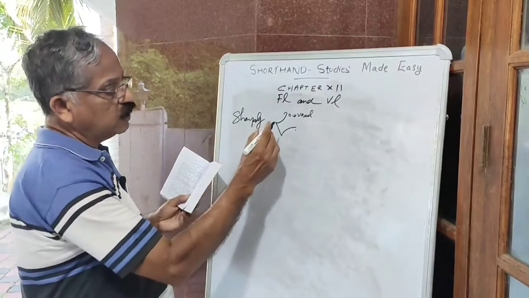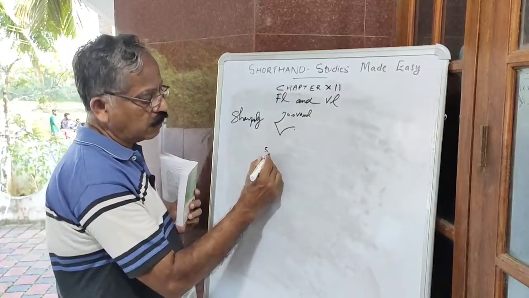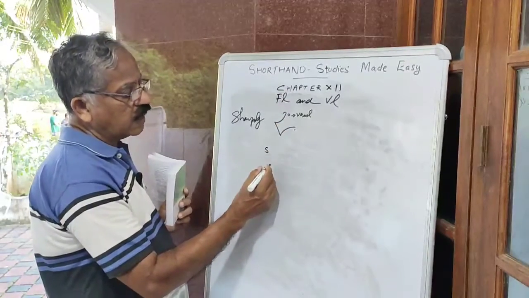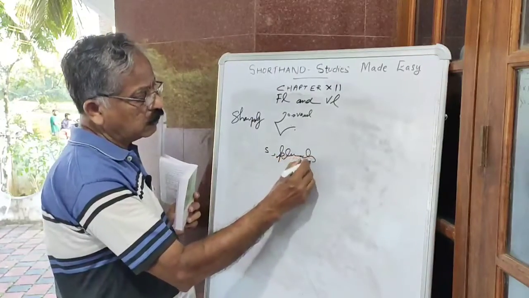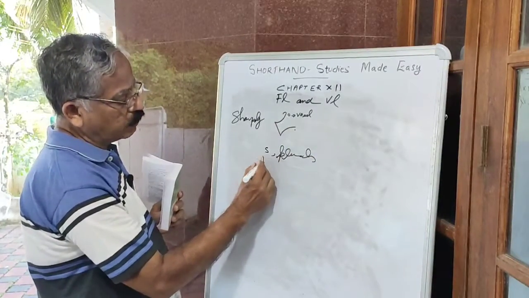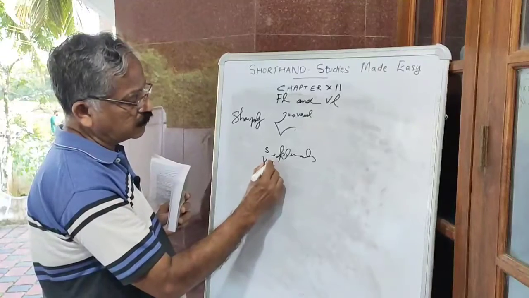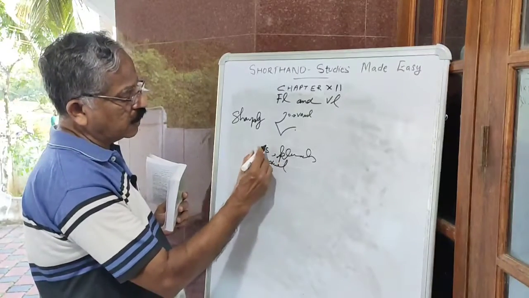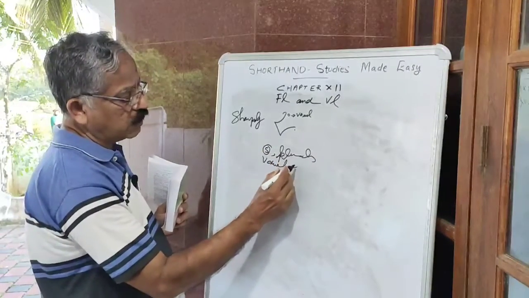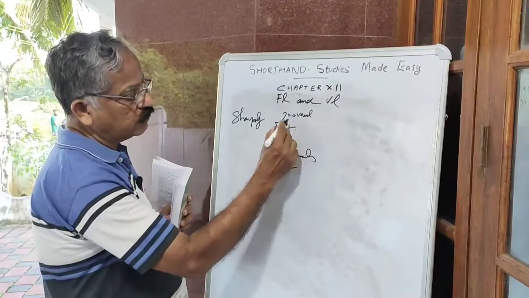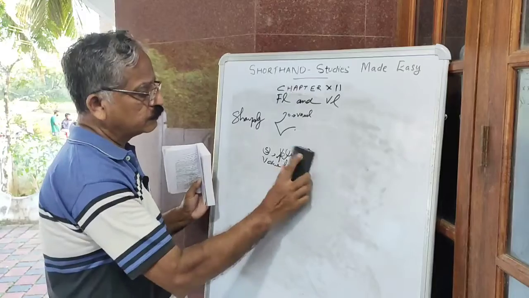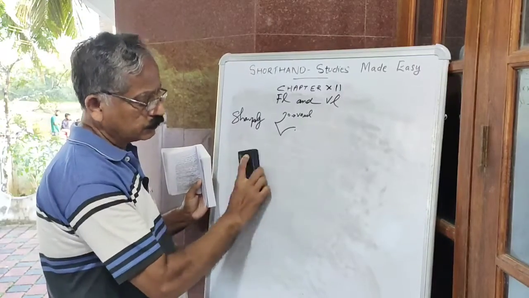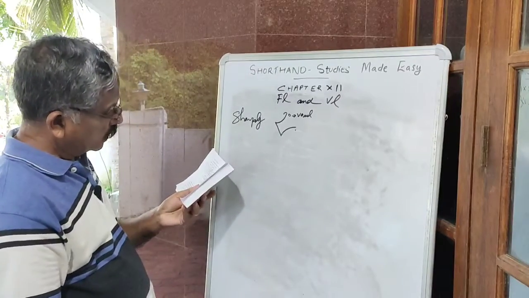So a small circle is used to make the S sound, and plurals also. Now we are writing it to represent a vowel in some places also. To make the S sound, to make a vowel sound, to make plurals also, we write this small circle. We study it. Sharply. Now next,